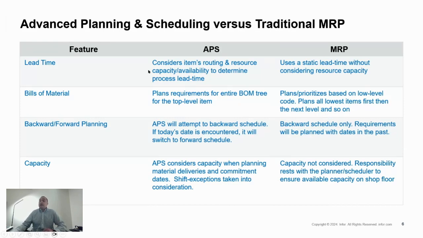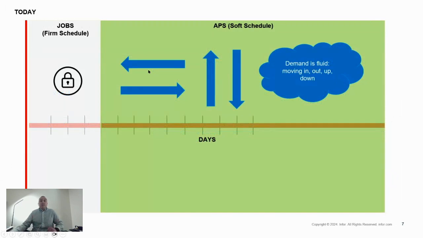And again, last but not least, it's just that visual representation of how APS works, the soft schedule, as you see in the green area, as well as the firm schedule where your jobs or your work orders have been released to the shop floor to begin working, right? So we're trying to get as close as possible to a just-in-time environment, synchronizing your supply and demand plans all together. So just jumping into the software quickly and showing you what a little bit of that looks like,